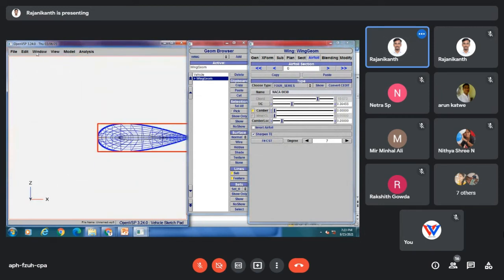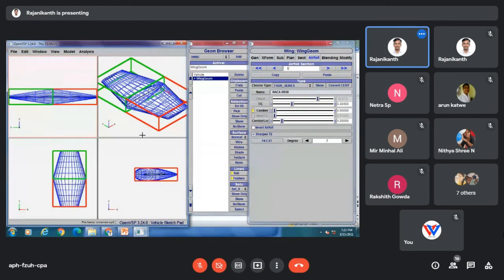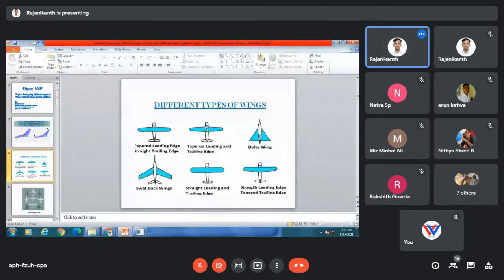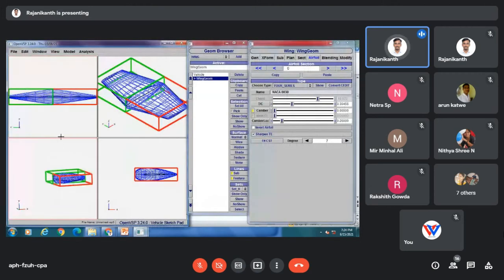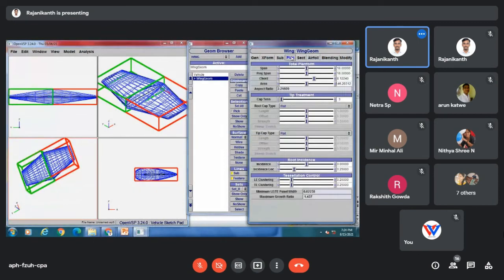Front view, top view, left view, and here you have all the 4 views. Here we have a tapered leading edge and tapered trailing edge, which means this kind of thing. See, at the tip of this wing we have the root chord and tip chord. You can come to the tip chord and change its cap type.